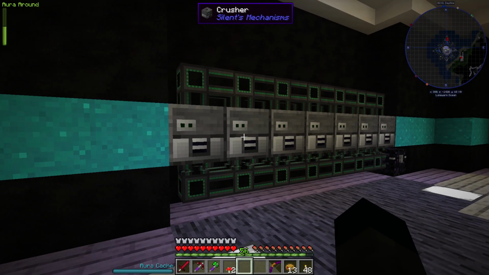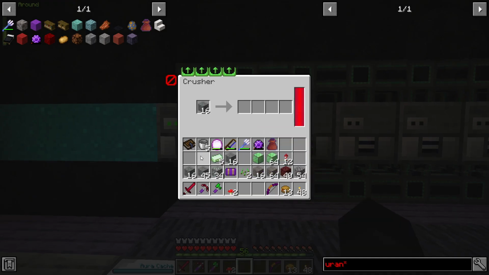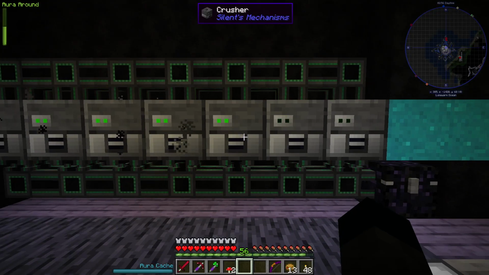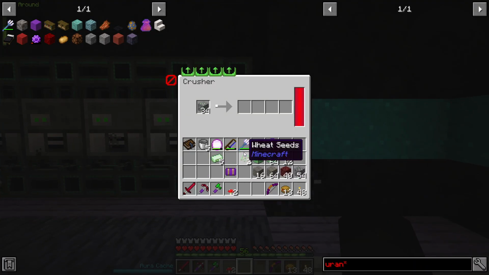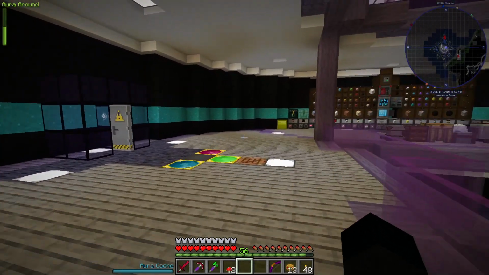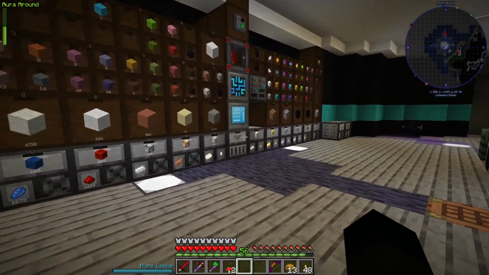How many have I got there? 7? 7. So if I break that down into 16 of each of that one. 1, 2, 3, and 4, and then stick 22 and 22, 23, and that can be that. There we go. That should get us all the uranium we need. We'll smelt that up. That'll give us the blocks, and hopefully that will be that particular bit